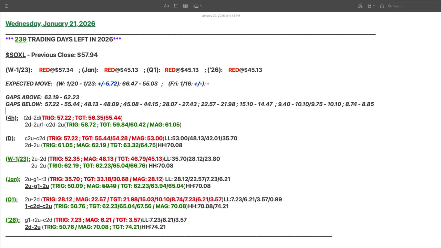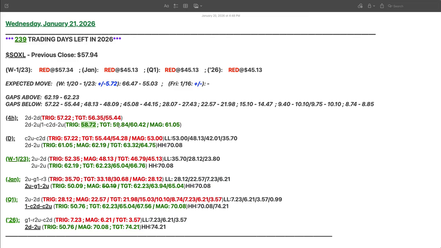We talked about on the 4-hour chart, if we go to the downside, we're getting this two down continuation, triggering at 57.22 and giving us targets of 56.35 and 55.44. If we go to the upside, we're getting that two down, two up reversal, triggering at 57.82, magnitude being